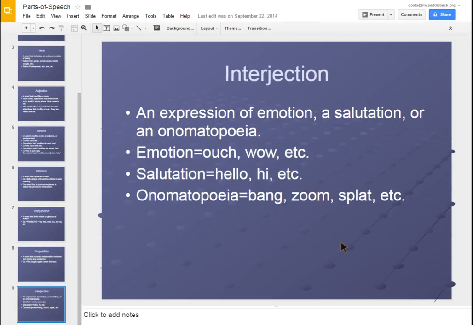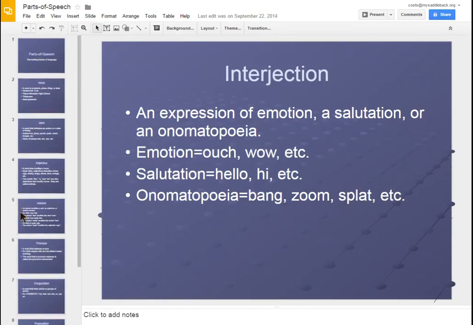Eighth and final part of speech is called an interjection. An interjection includes expressions of emotion, such as if you were to say ouch, if you were to yell wow. It includes salutations, such as hello, hi, goodbye. And onomatopoeia or sound words, words that are devised or designed to represent a sound. Bang, zoom, splat, etc. So those are the 8 parts of speech, very, very simply and briefly outlined for you